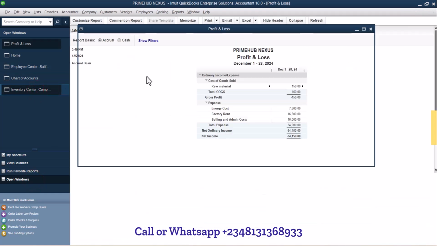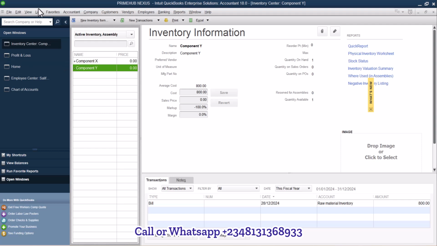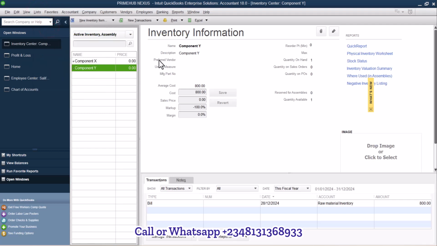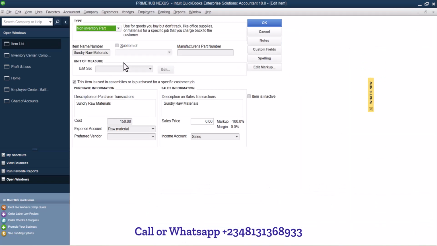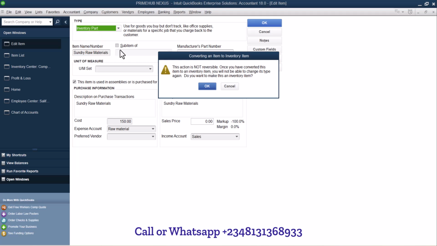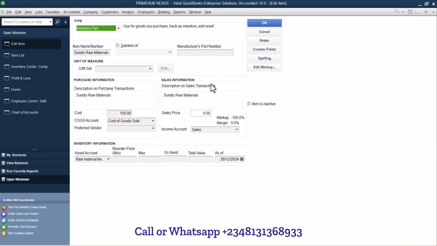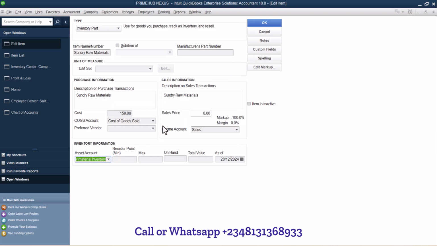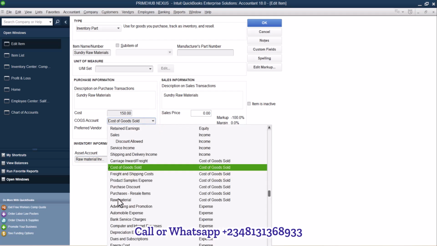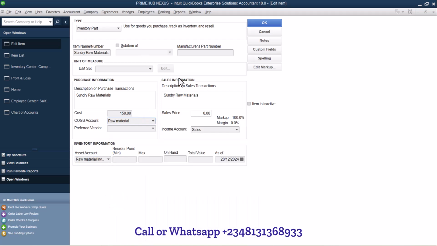So if you go to the inventory center here, of course you wouldn't see it here. So let's go to list and item list. So I have it here as sundry. So I'm going to create a new item. So let me duplicate. Okay, it's created already. I'm going to select this and select inventory parts instead. So I'm going to use it as an inventory part, and I'm going to make sure that we track it through raw material, current assets, and the cost of goods sold also would be raw material. So let's use them as inventory parts so that we don't have disturbing information on our P and L. So as you click on OK,